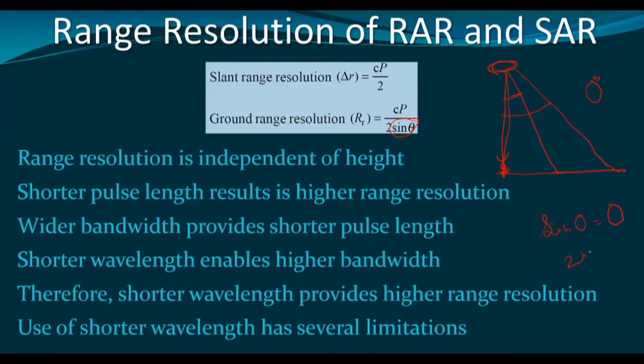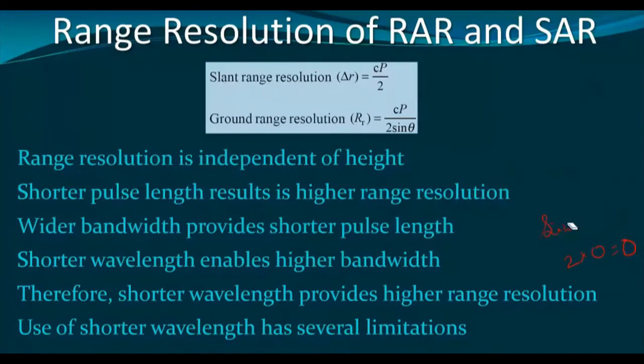So 2 multiplied by 0 is also equal to 0, and something divided by 0 is actually undefined. Mathematics cannot solve this problem, and that is the reason why the radar cannot look directly at the nadir. If it looks at the nadir, then there will be no mathematical solution to get the pixel value, and because of this problem, the radar must look off the nadir,